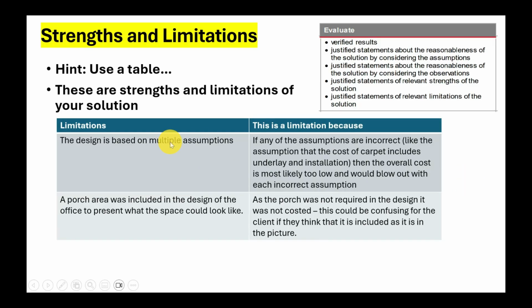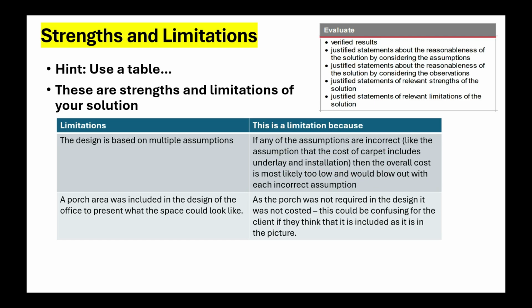Okay, now limitations, same thing, use a table, limitations. This is a limitation because if you attempt to complete this section of the table, then you're attempting to get this justified bit here. Right, the limitations, the biggest one for nearly all PSMTs is your design or your solution is based on a bunch of assumptions. If an assumption's wrong, your solution may no longer be relevant or correct. Okay, so if it's based on a bunch of assumptions and the assumptions are incorrect, right, like the assumption that the cost of the carpet includes underlay and installation, the overall cost is most likely too low and will blow